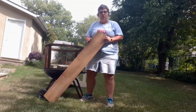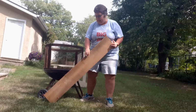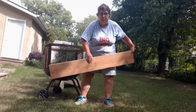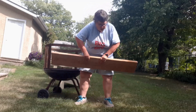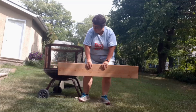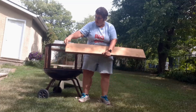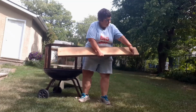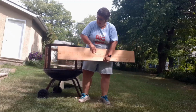This is going to be my scree board to pull the sand so that it's even. You want the sand to be real even, otherwise your bricks are all wonky, right? So I'm going to pull the sand along an even thing like this. But what I'm going to do now, I've measured it all. I'm going to go cut out some notches in the wood because it's going to